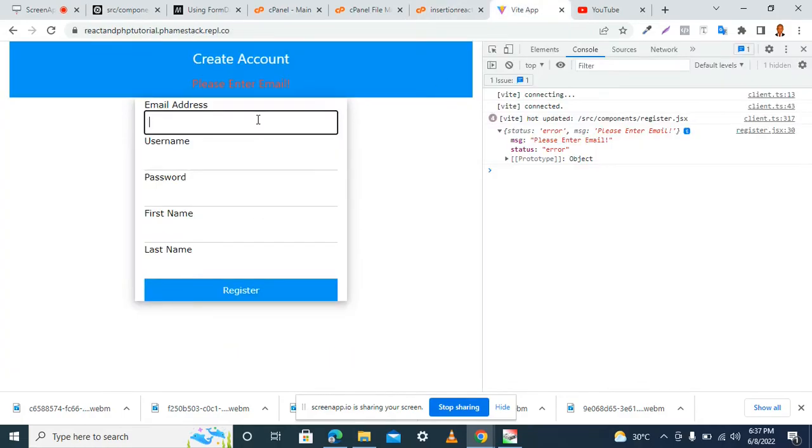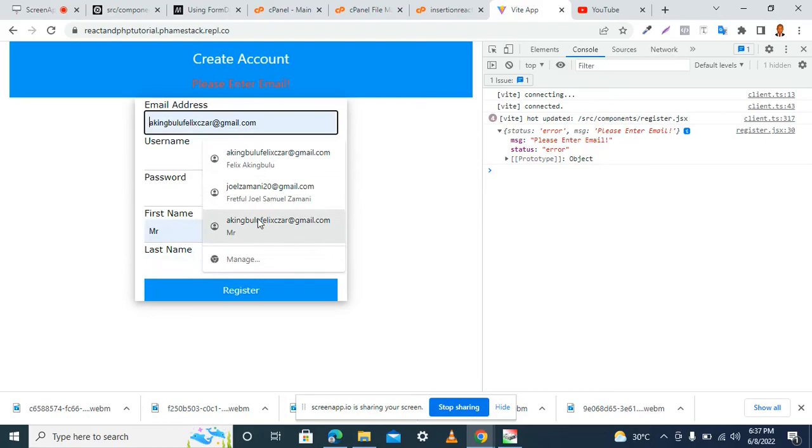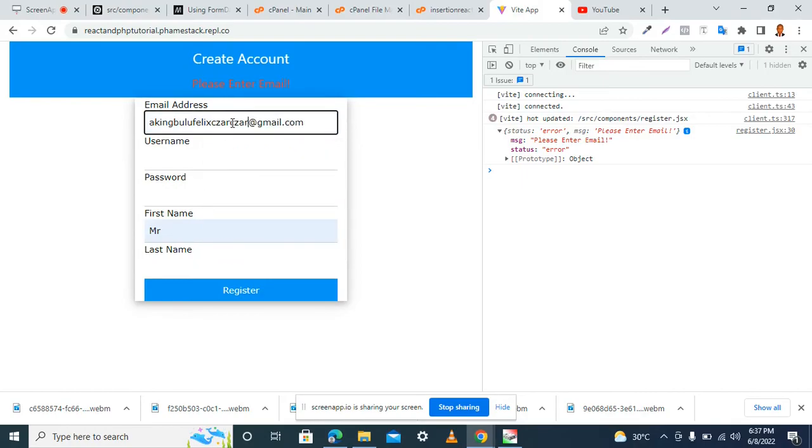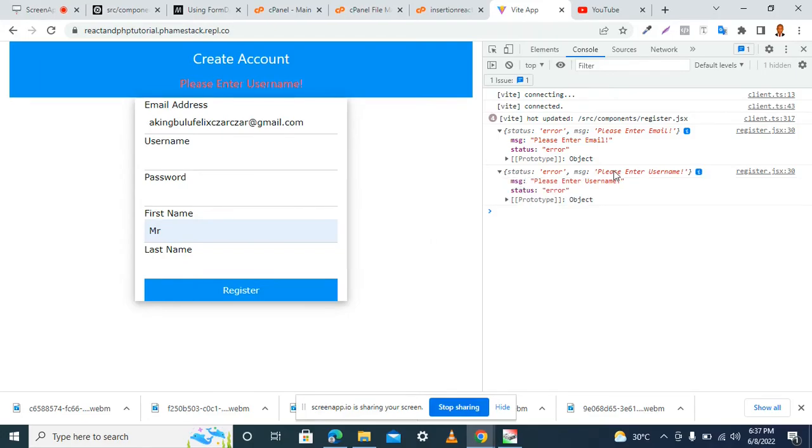So if I properly fill our form here, let me say Caesar, Caesar, for instance, and I click here. The next message goes to please enter username, because that is not filled. Let me fill, okay, and for instance as username. Then if I click, you can see it says